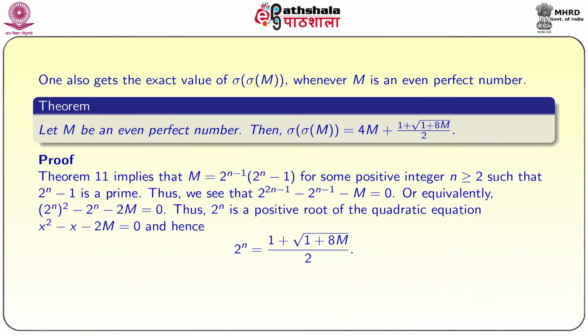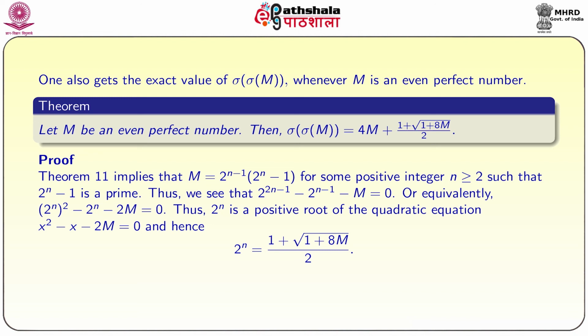One also gets the exact value of sigma of m whenever m is a perfect number. The result says, let m be an even perfect number, then sigma of m is equal to 4m plus 1 plus square root of 1 plus 8m by 2. The proof goes like this. By the previous result we have that m is equal to 2 power n minus 1 into 2 power n minus 1, since m is a perfect number, and also 2 power n minus 1 is a prime number. Thus, we see that 2 power 2n minus 1 minus 2 power n minus 1 minus m is equal to 0,